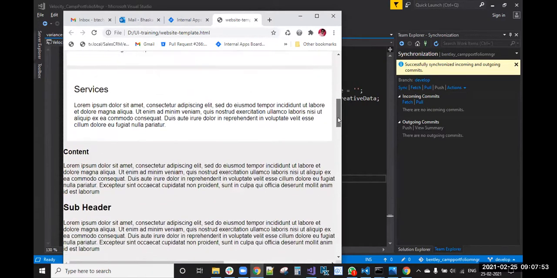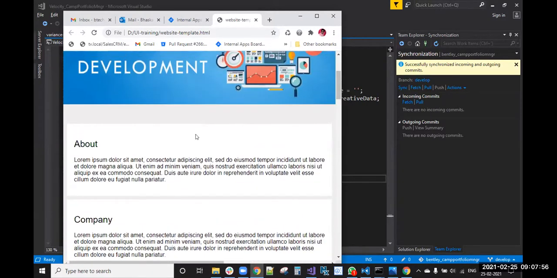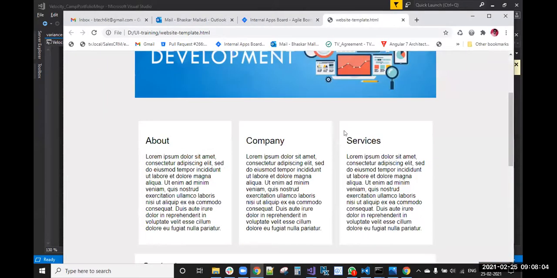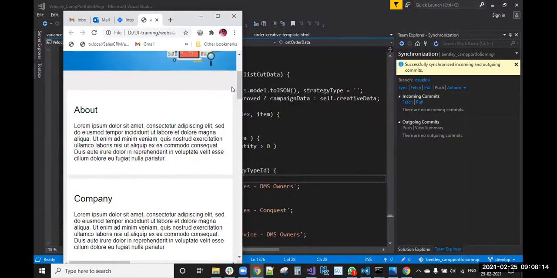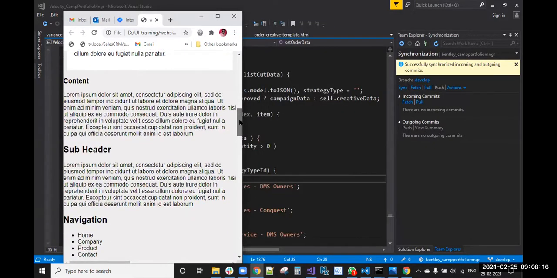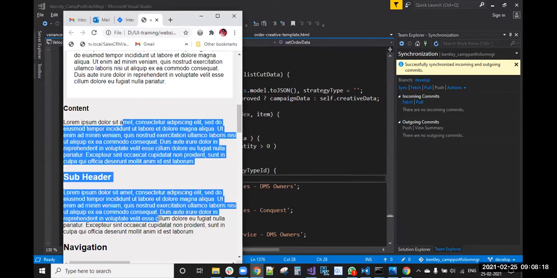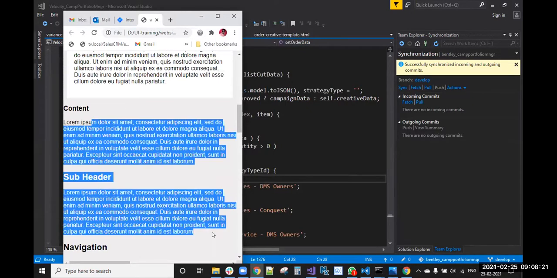Now you can see how it is aligning. About company, services are there, right? It is aligned properly only, right? In this split, if you go to the big screen, that is flex. The flex is applied, so that is arranged. But now in small devices, in this screen, it is in the flex there. Because of this, the text is wrapping. Okay. So next, this content will go here.